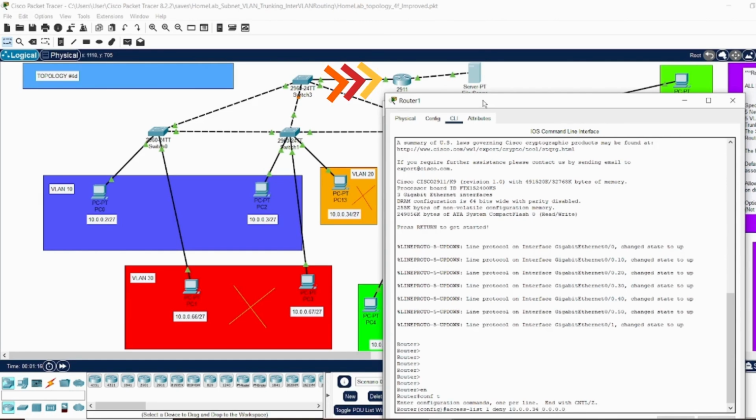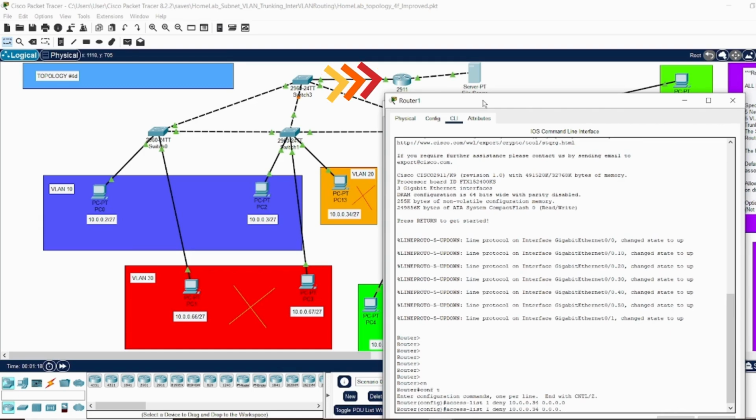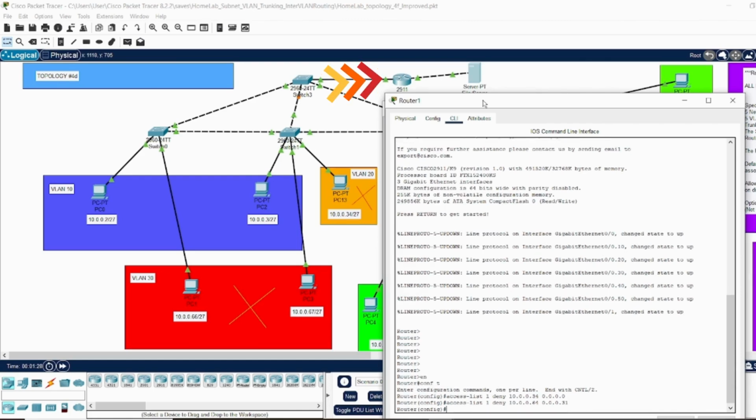Now for the command to block the entire subnet for VLAN 30. To do this, the network address is used instead of the address of an end device. The command issued is as follows: access-list 1 deny 10.0.0.64 with a wildcard mask 0.0.0.31. This will block any PC assigned to VLAN 30 from accessing the file server once applied to the proper